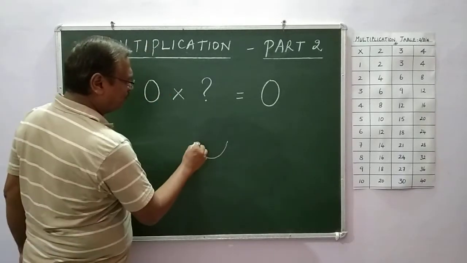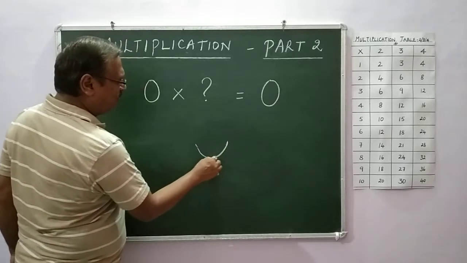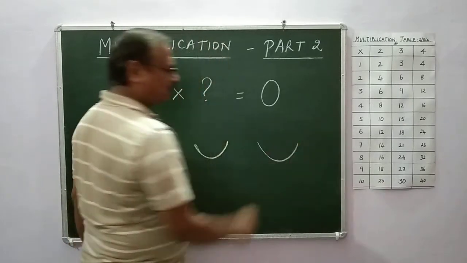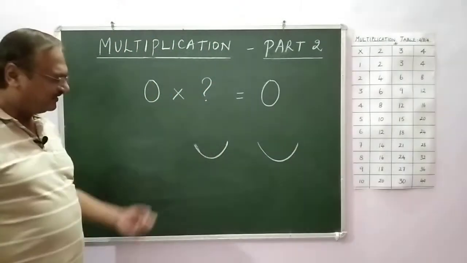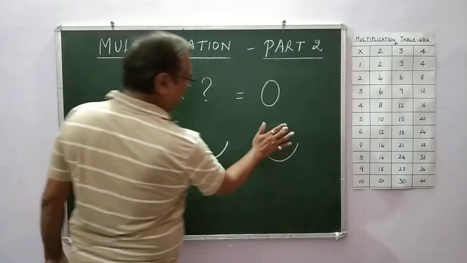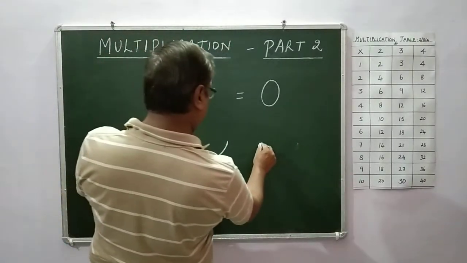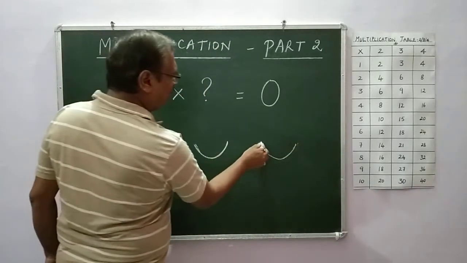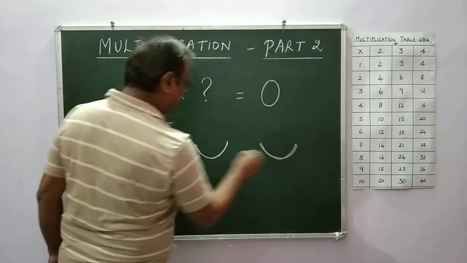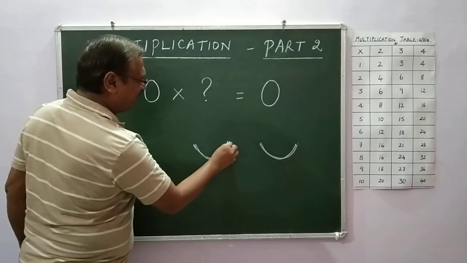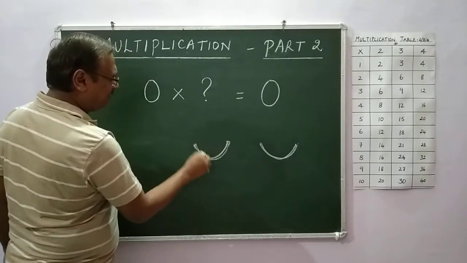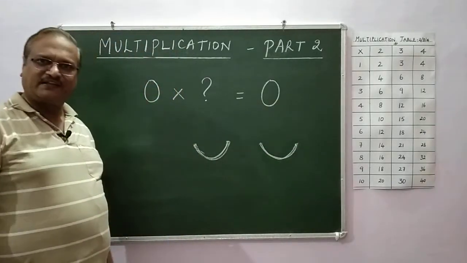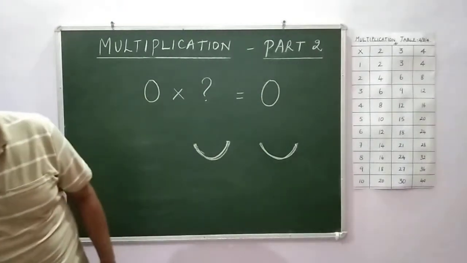I'm going to take a small cup, okay? There is a small cup and I have another small cup. Let me change it a little. Now, I got 2 cups with me. And now, watch carefully what I am doing. 1 cup and there is another cup. Okay, now what am I going to do?